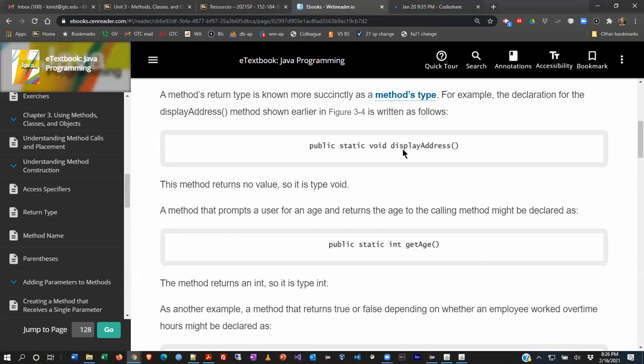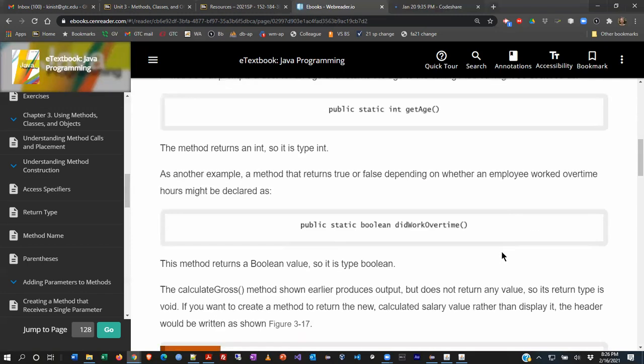And so this one returns nothing, so it says void. This one returns an integer, so it says int. This one returns a Boolean, a true false, or it could be a double, or it could be a string, or any of the data types that are valid could be listed in this position, but it indicates what type